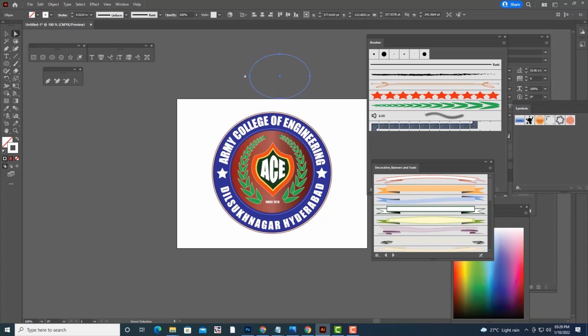How to cut? Okay, we'll add points here. Select the point, cut, select the point, cut. Delete the bottom part and we'll just scale it like this.